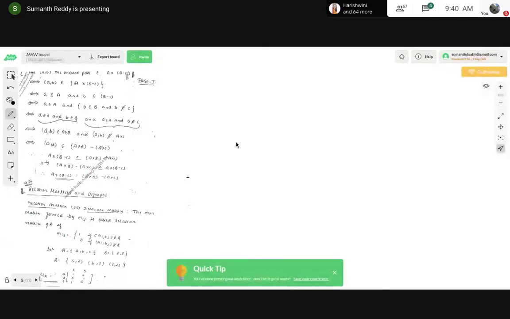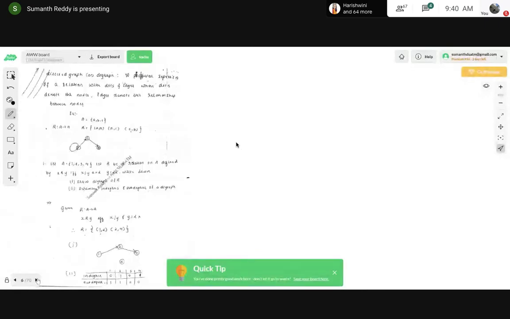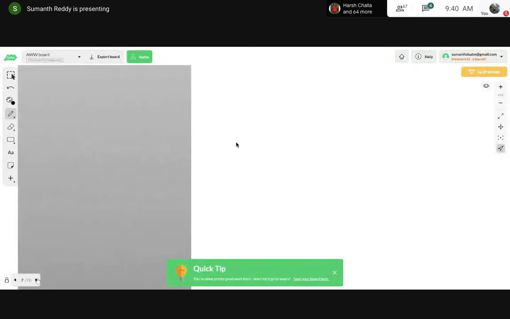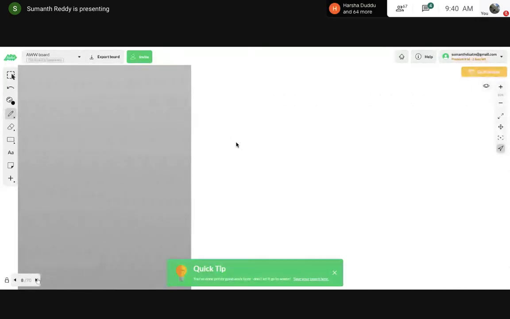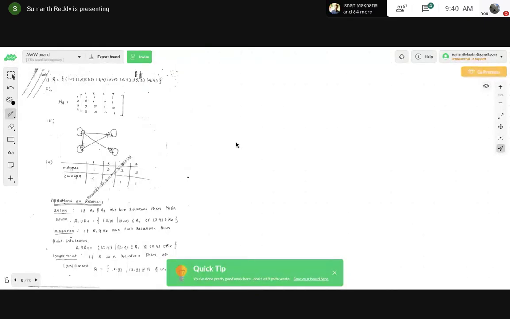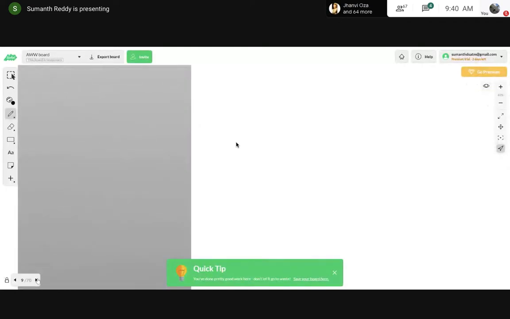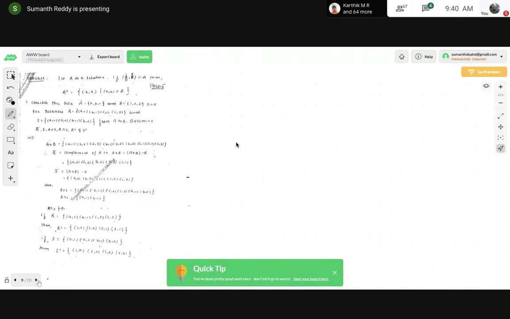Relation, matrices, digraphs, right? How to find the in degree, out degree, and matrix. As I have told you, in the textbook, after the Cartesian product, he has directly started with the functions. Okay, but if you have to understand the concepts clearly, prior to functions you have to learn the relations completely. That is the reason in the notes I first completed the relations completely, and then I went for functions. So don't think that I have skipped the functions. The functions part I have written later.